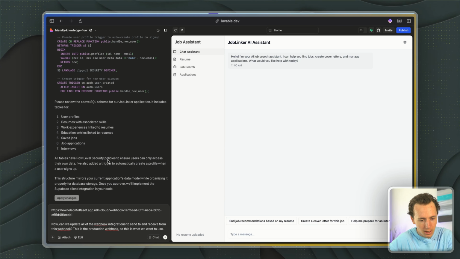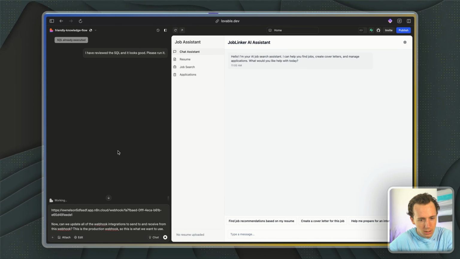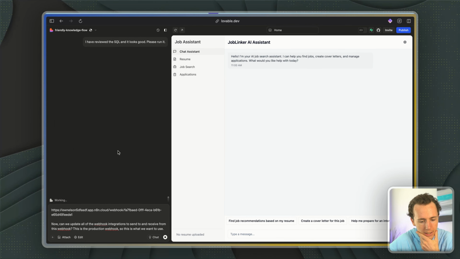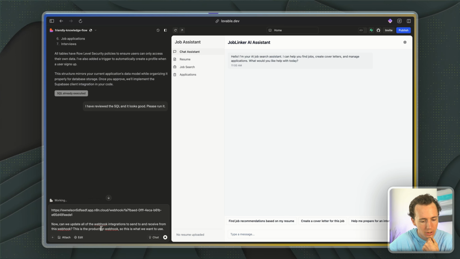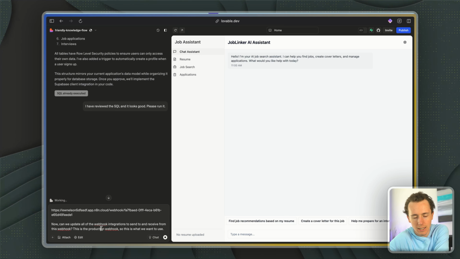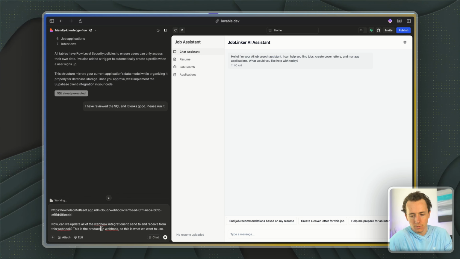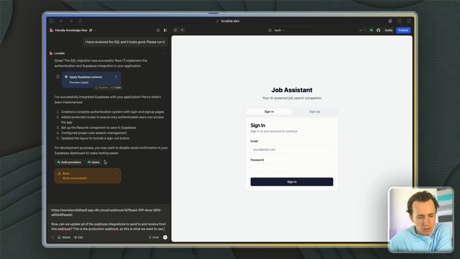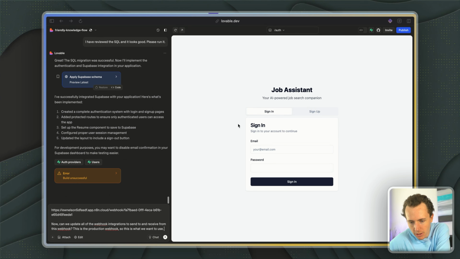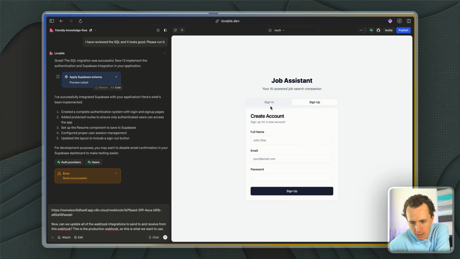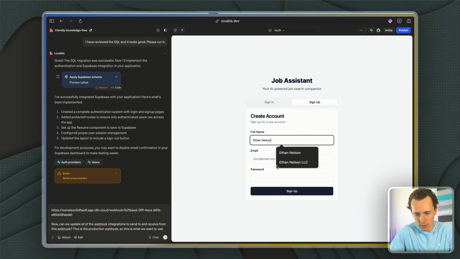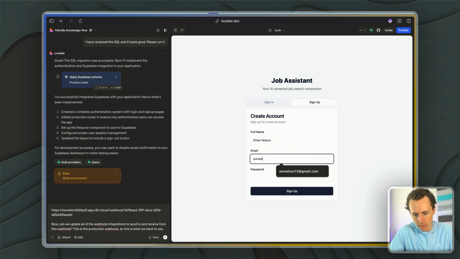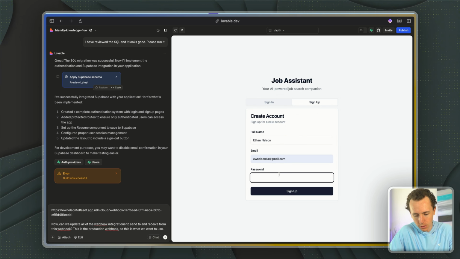And so I'm going to have it apply these. It looks like it's applying this to Supabase. So I'm having it apply the changes to Supabase. And then once it's finished, we're going to add in the webhook in here. So basically I just had it integrate Supabase for me, and now it's adding in this feature right here of creating an account. So let me just test Ethan Nelson, Ethan, my junk email, password,